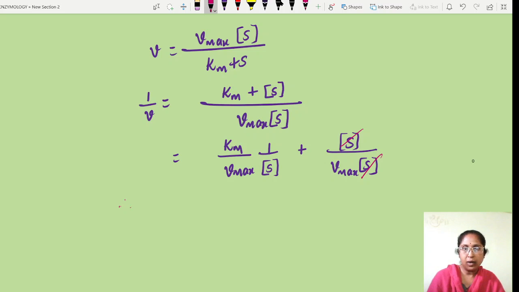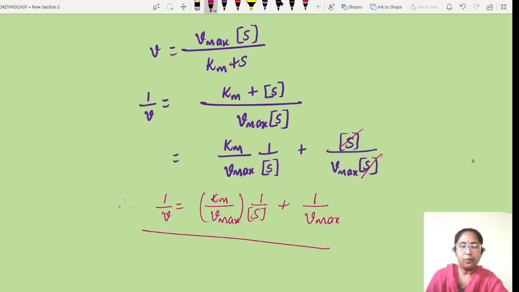Therefore, finally we are going to have one equation, and that equation is 1 over V is equal to Km by Vmax into 1 over S plus 1 over Vmax. And this equation